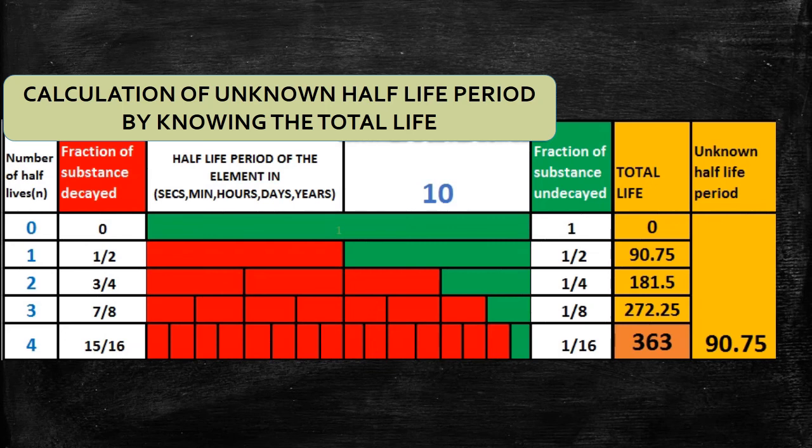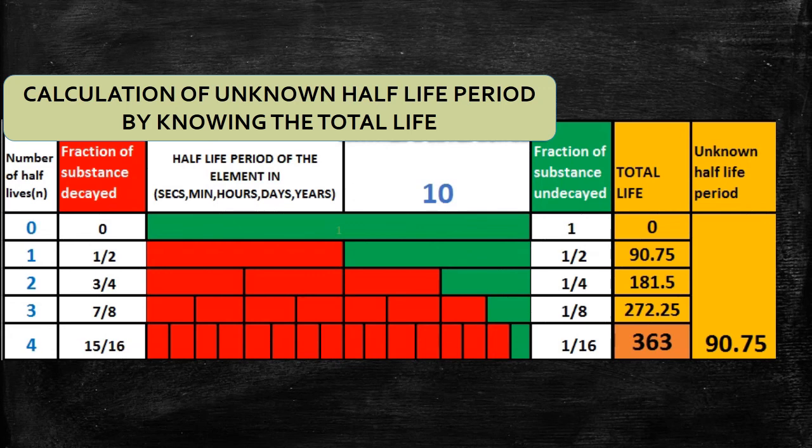For example, if I substitute some value here, for example, 212 is the total lifetime for the element to decay. How much portion is decayed? 15 by 16th of the portion of the radioactive element is decayed in 212 years. Just look at the value. The half-life period of the element is how much? 53, or you call 53 years or 53 days.